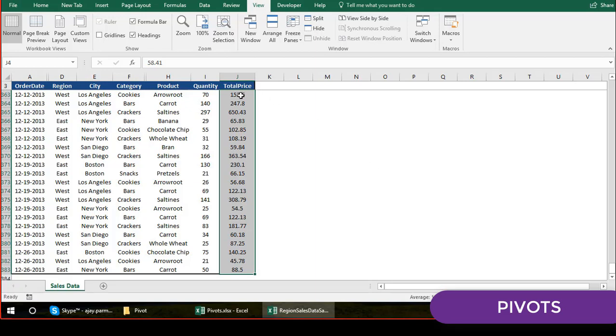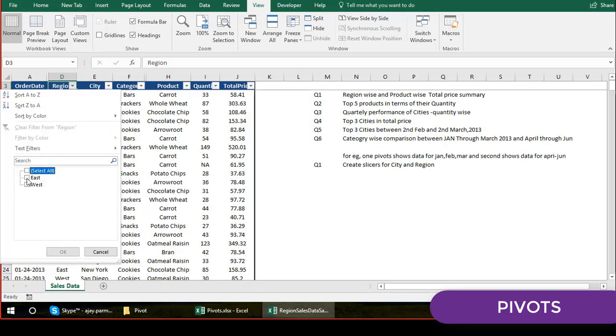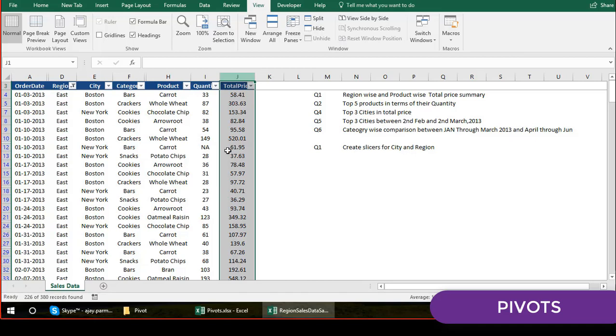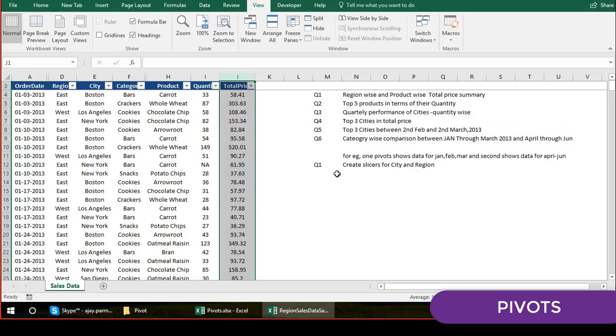So in this you have the east also, you have the west also. So maybe you will go and put the filter here, and you say that first you put the east here, and you check what is the east total price, the quantity, not the quantity but the quantity price, actually the revenue, which is 29,234. Then you go and check for the west one similarly, right? But every time we can't use the filter.